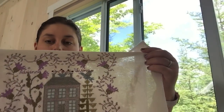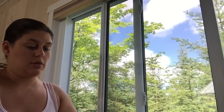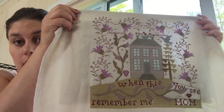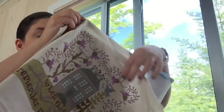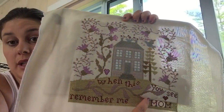So those are the things I really liked about the chart, and I'm actually almost done. I brought 3 WIPs with me this trip, but sometimes different things speak to you for different reasons, so I decided to work on this one the last couple days. So why don't I put it right behind this? I've almost done it, and I've made some changes. So that is my progress, and you can see I've just got to finish up the green down here, the 317,